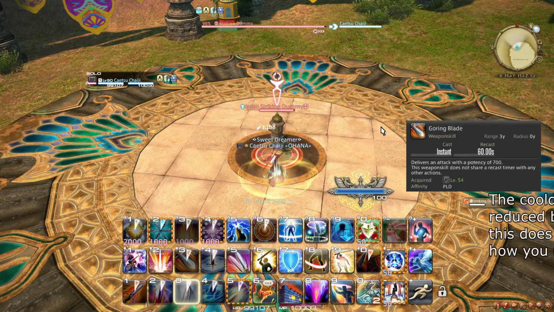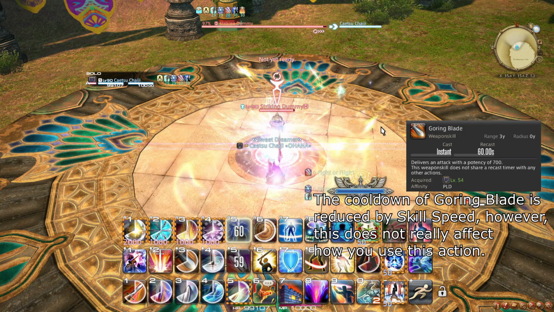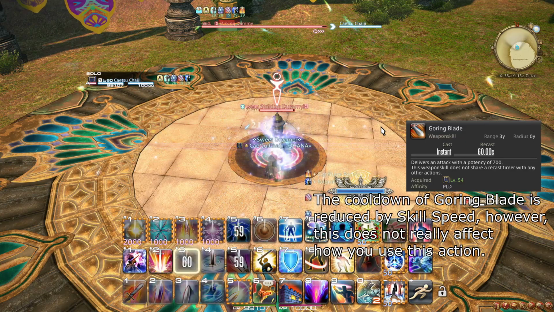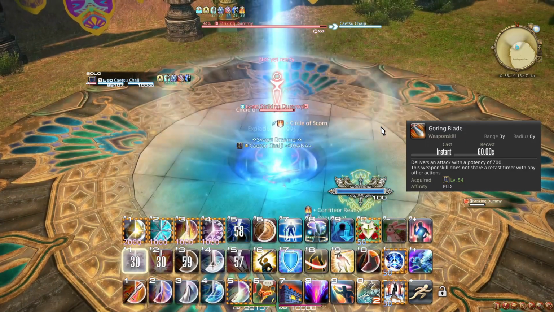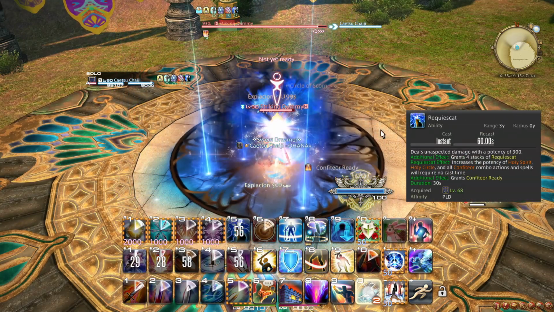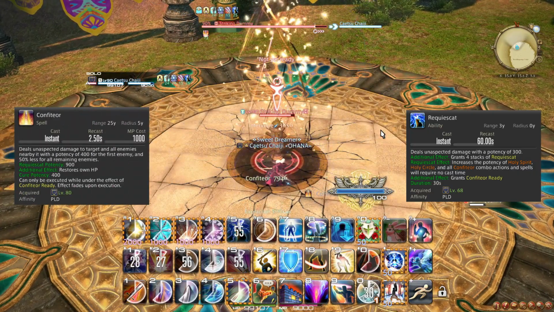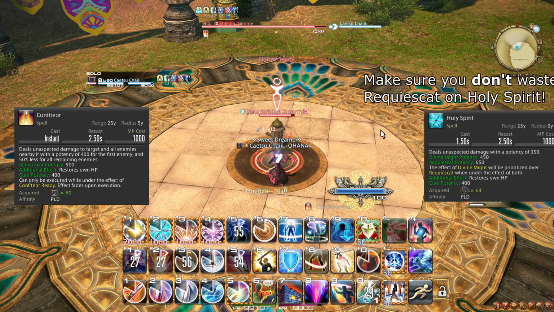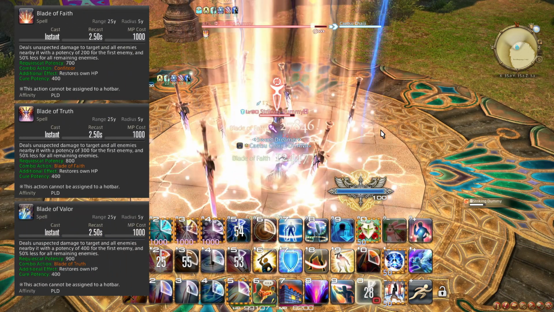Goring Blade is a GCD attack that also lines up with Fight or Flight every minute and should be used during it. I personally prefer to use it at the start of every burst, so this guide will reflect this. However, you can place Goring Blade anywhere in the burst that you prefer. Requiescat, on top of doing damage, grants you 4 stacks of Requiescat and enables Confiteor. Requiescat boosts the potency of both Holy Spirit and Confiteor, as well as the 3 blades combo that follows immediately